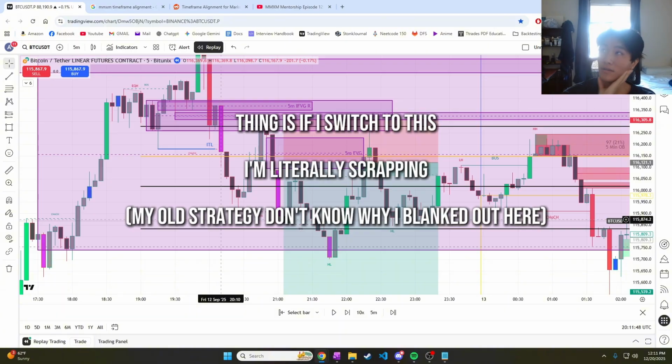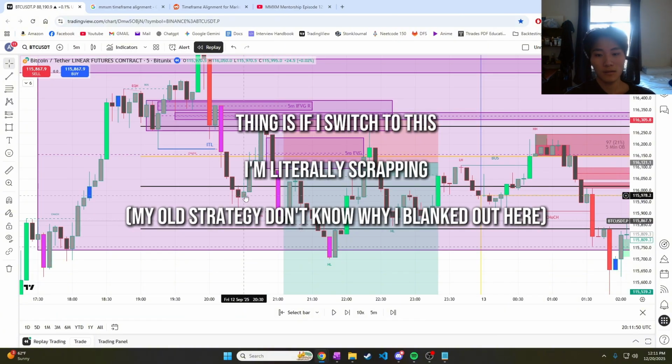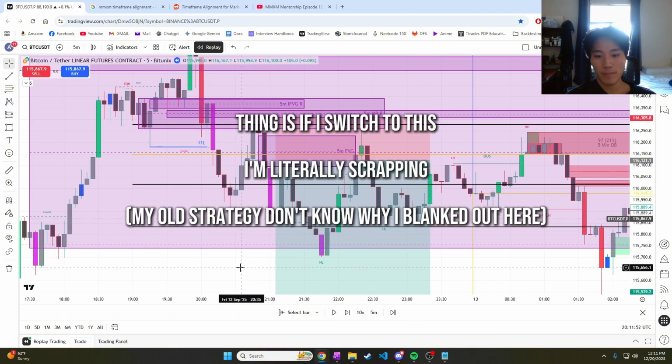So I continued backtesting, but keeping track of 2 entries to see which one worked better, my old 30-minute strategy or the new 5-minute one. Thing is, if I switch to this, I'm literally scrapping. I went 0 for 2 -1 RR with my old strategy and 2 for 2 plus 3.9 R with the new one. On day 6, I focused on the